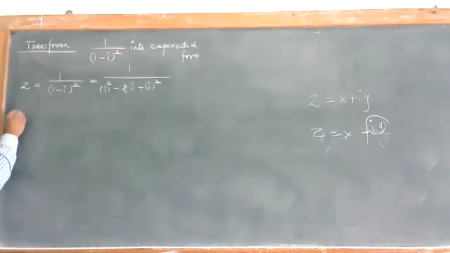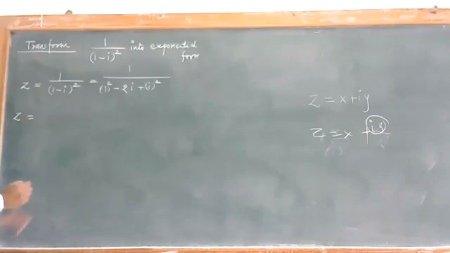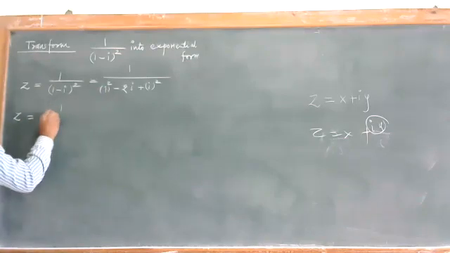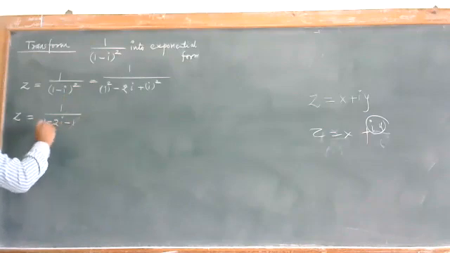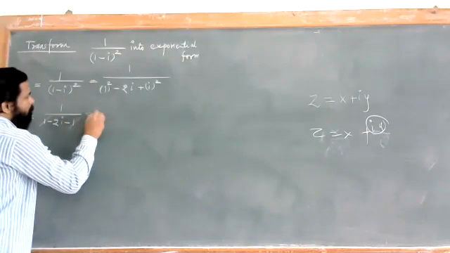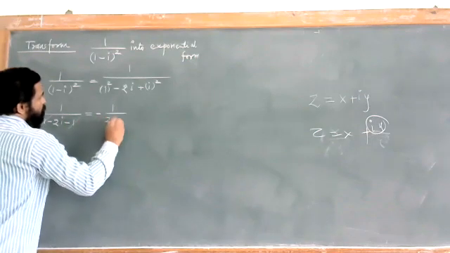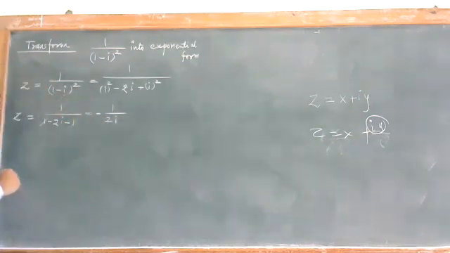So what you can write, this z is equal to 1 divided by 1 minus twice i minus 1. i square is equal to minus 1. हा minus 1 आणि हा plus 1 cancel होऊन जातं. And so we will obtain a number that is 1 upon minus 1 upon twice i.